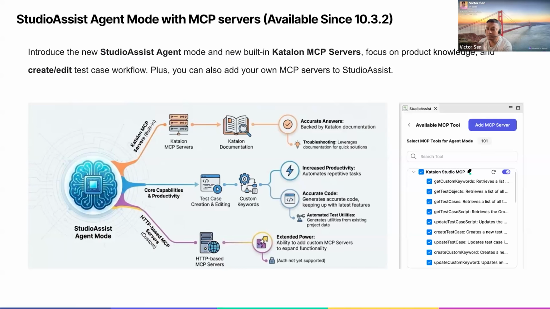And on the right-hand side, you can see that Katalon Studio MCP is connected and all the methods are listed under that, and every method is nothing but doing a certain task or certain functionality for you. Okay. Now, a few of the use cases that we usually perform with Studio Assist with MCP, the first one is,